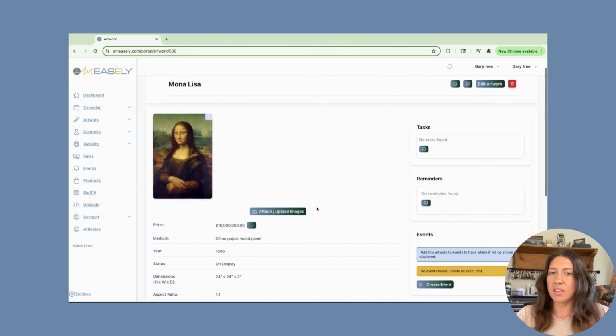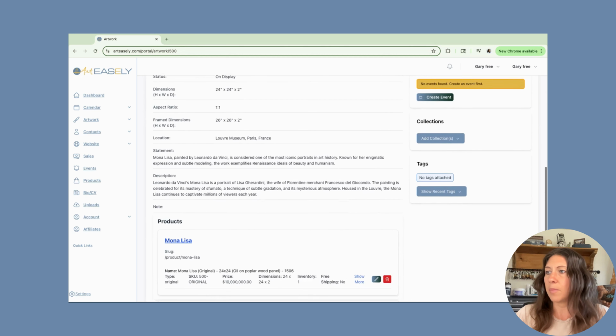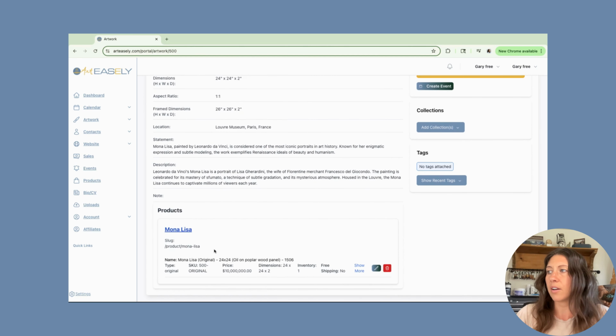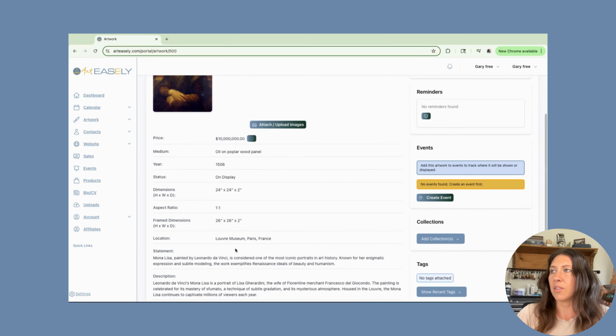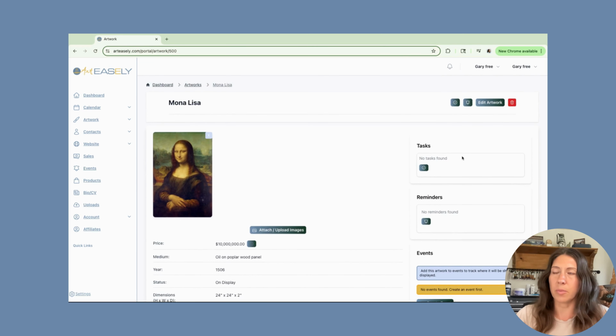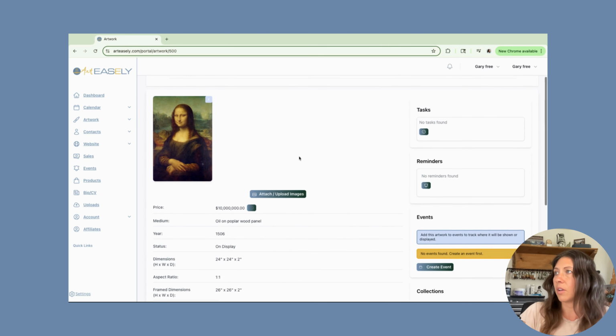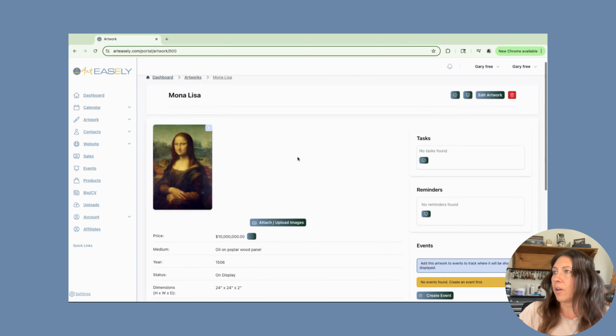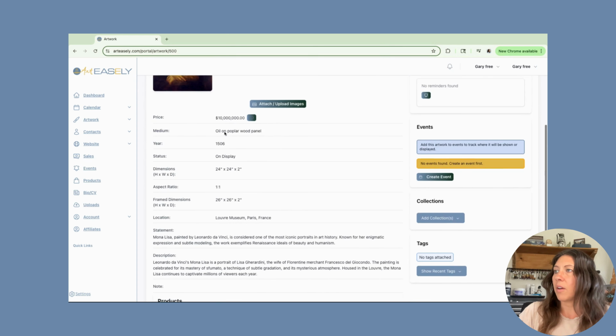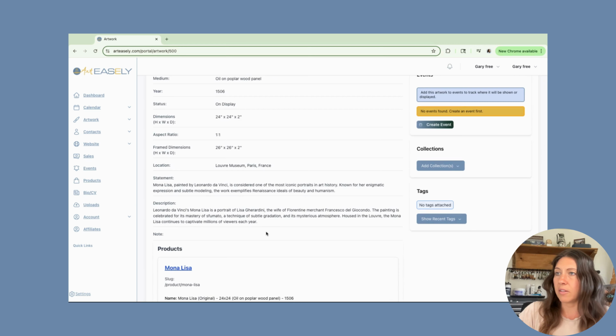And then I forgot to mention, it's going to ask you to make a product. This stuff doesn't matter if you do not have a website. So when it gives you that information, you don't have to put anything there. It doesn't matter really what you put, just because this is for organization purposes only. So now you have an image of your artwork. You have all of the information that you would need